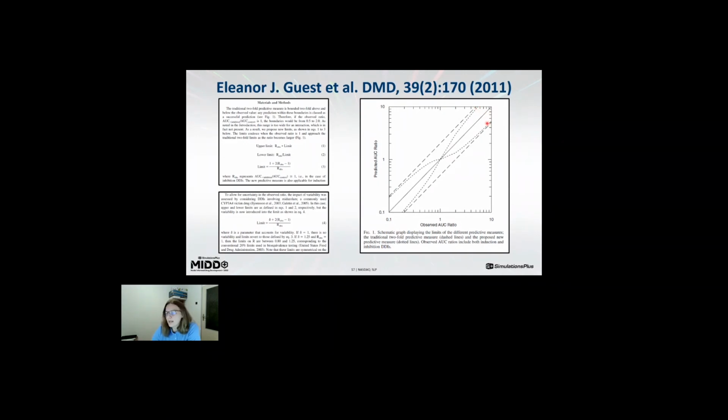So those are the criteria that we are using to verify the quality of the DDI predictions